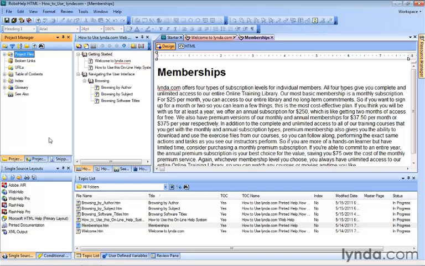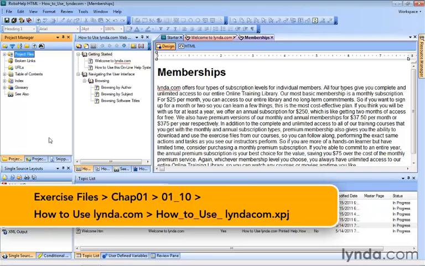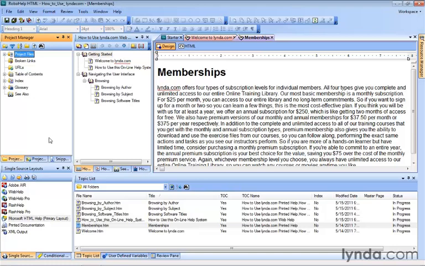Well, if you've been following along with me in this chapter, you've been creating TOC books, topics, adding topics to those TOC books, and believe it or not, that is the basis behind most RoboHelp HTML projects. But for the project to really work properly if viewed by users, you have to generate the project, also known as compiling. And that's what we're going to do right now, continuing to work with our How to Use Lynda.com